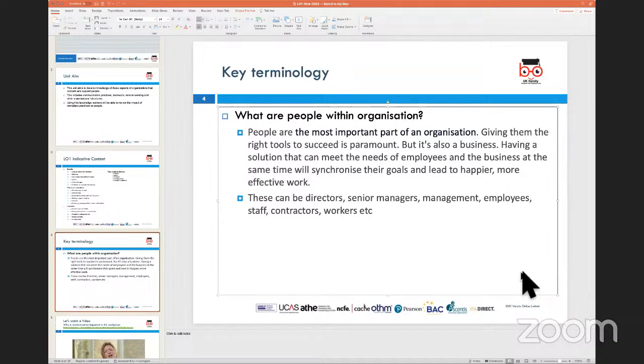But here, what we want to generally understand is what people within different organizations do. They have different roles, which could typically be in operation, production, engineering. If I talk about a health and social care setup, in a hospital you would be working in administration at the front desk. You could be working as a nurse, a doctor, a practitioner. When I say the word practitioner, I could include physiotherapists, nurses, healthcare workers, healthcare assistants, doctors, consultants.